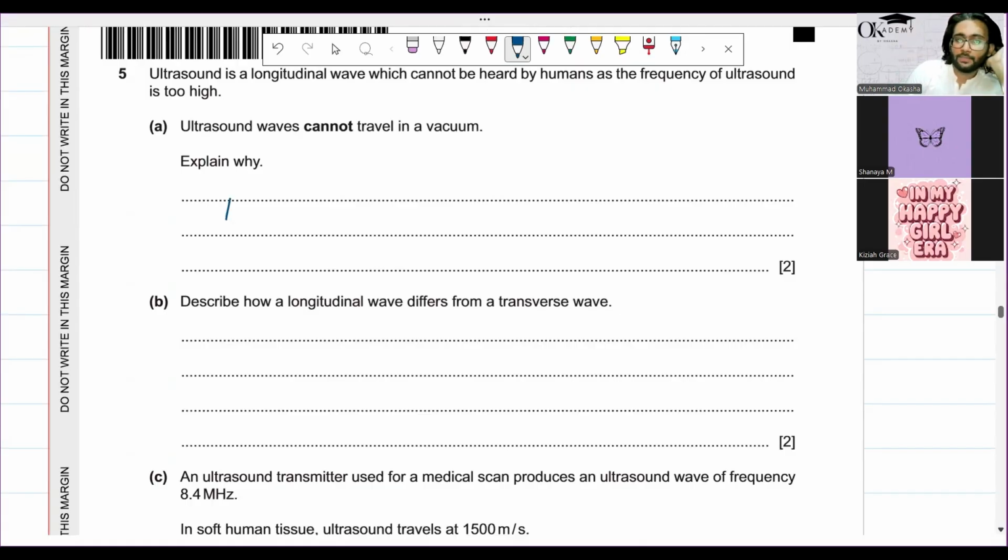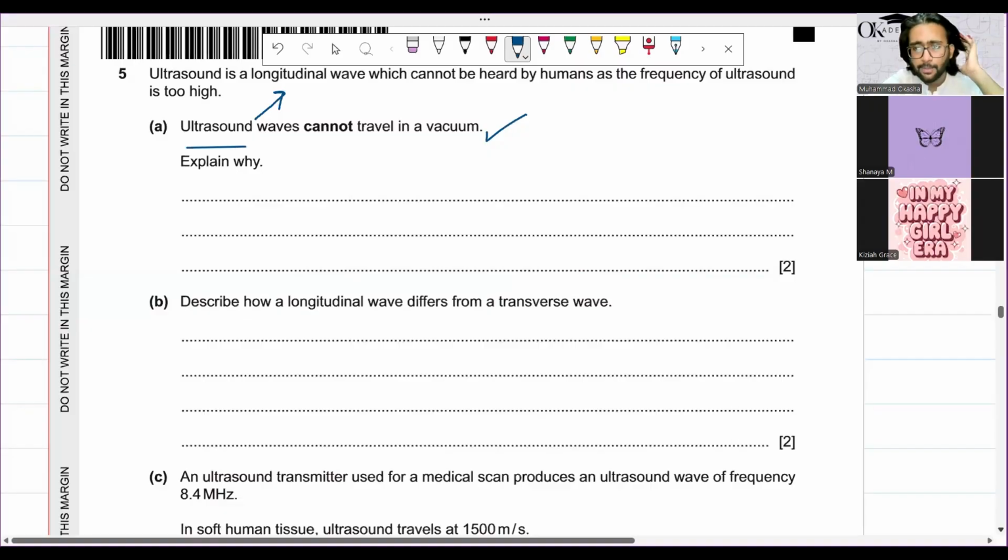So ultrasound is a longitudinal wave. They cannot travel in a vacuum. Why? Because it's not an electromagnetic wave. Only electromagnetic waves